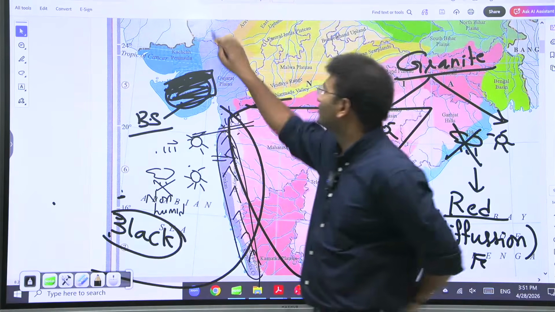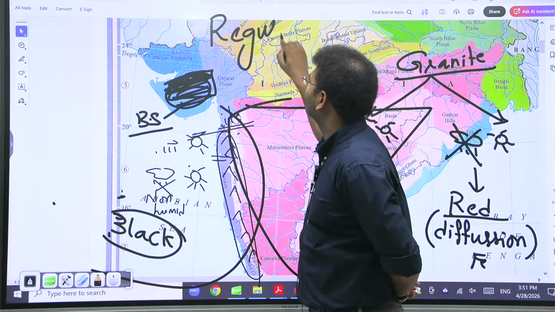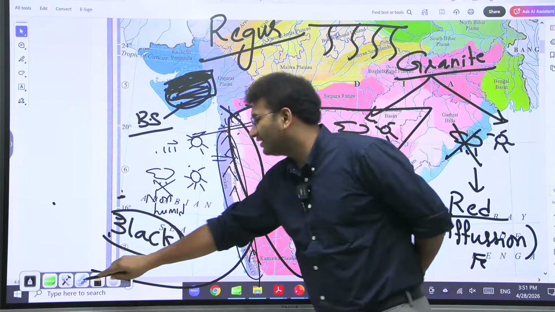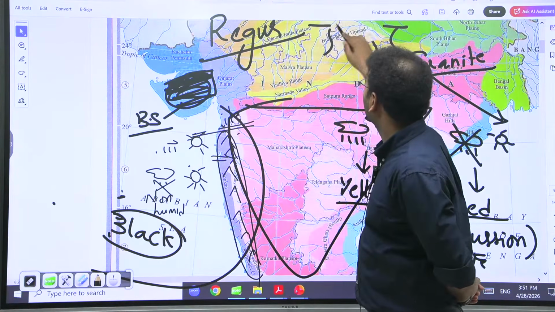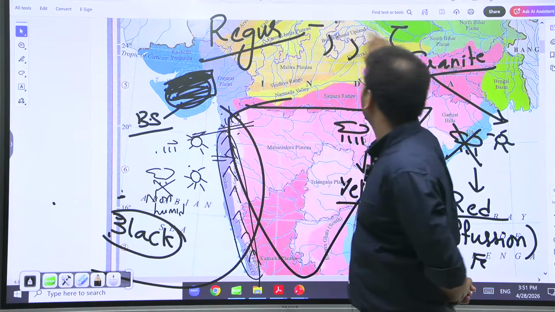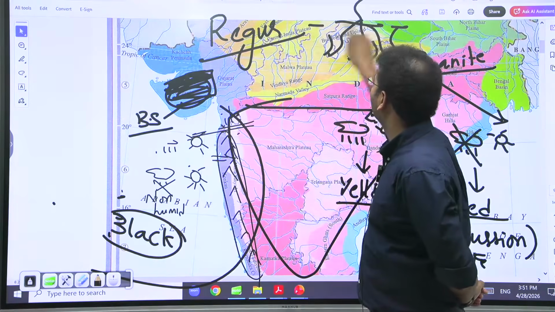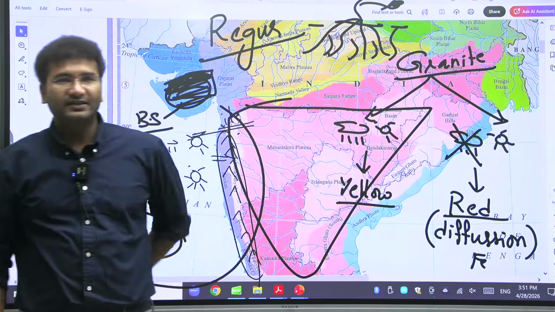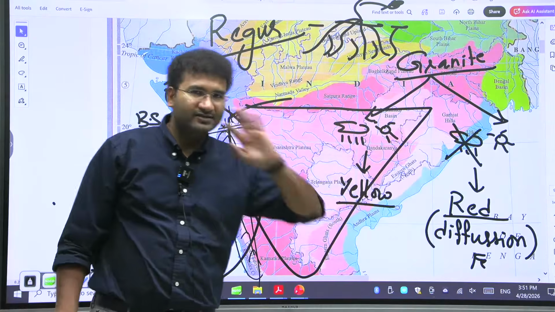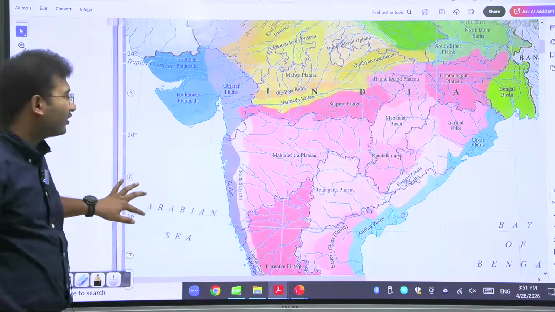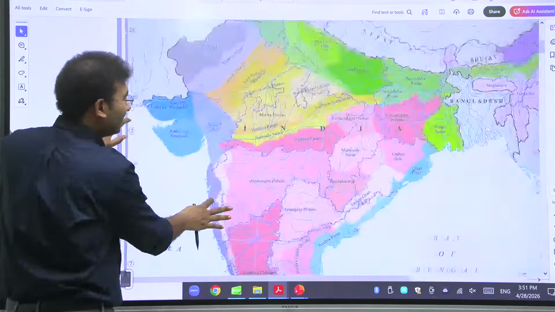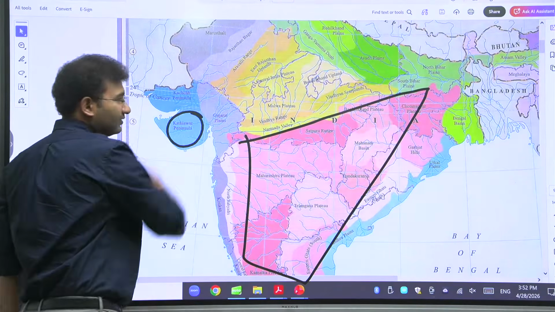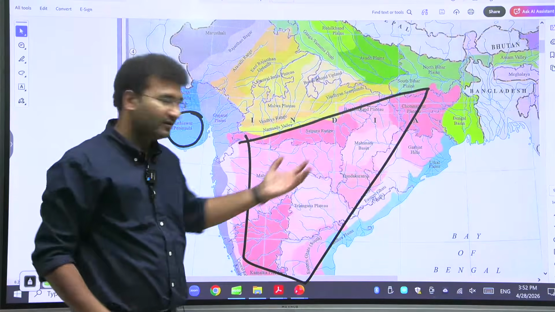Black soil is also called as regur in southern states. And this regur soil will crack. And these cracks will create aeration. Okay? And the roots of the plant get aerated, and they dry, and the cotton boll is fully open. That's why cotton is widely grown in the black soil. So can I say cotton can be grown in those areas where you have more black soil? That's why cotton is grown here, right?